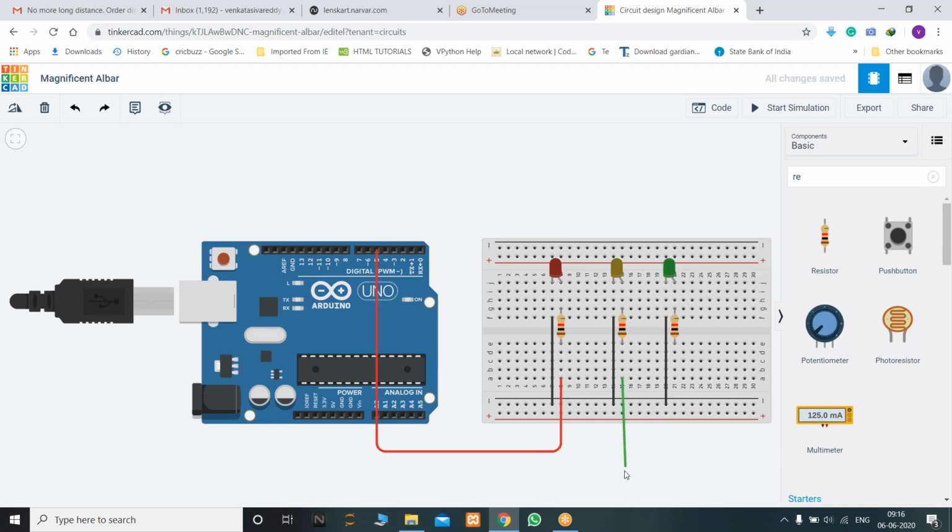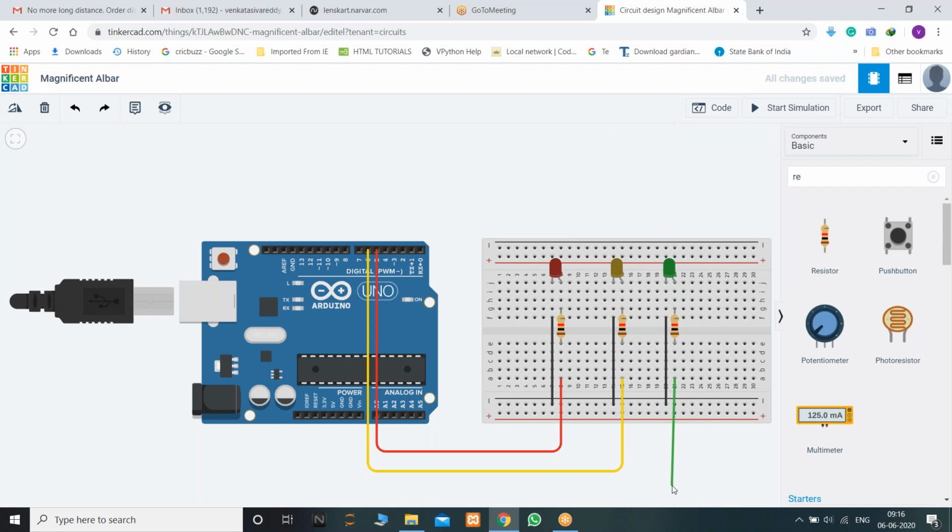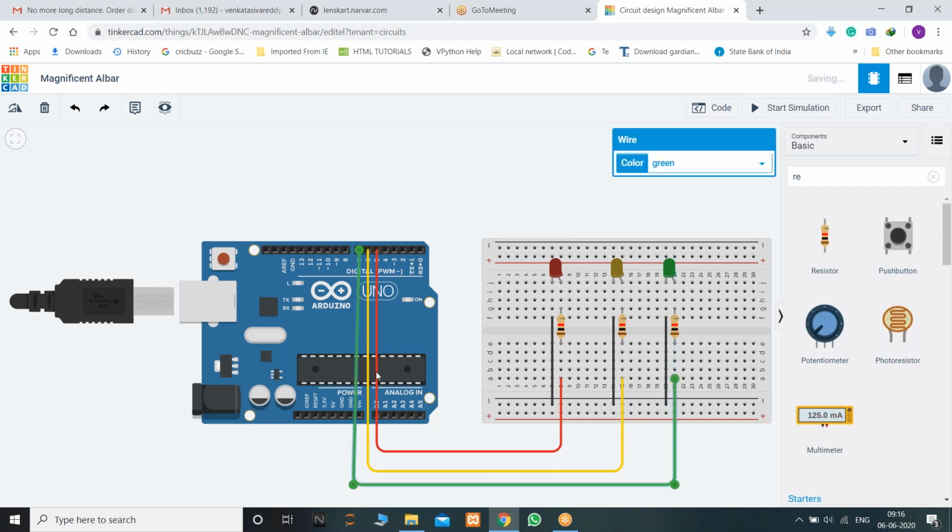Then yellow I'm connecting to digital 6, and the green color I'm connecting to digital 7. Am I clear with the connections?